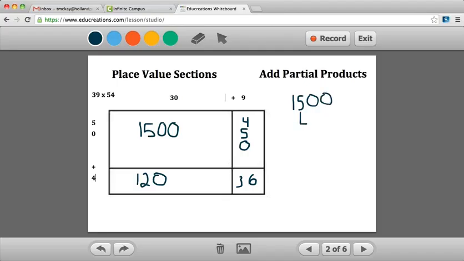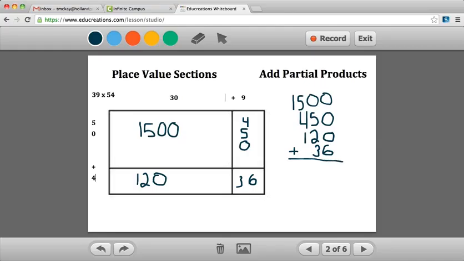450. And the important thing is you want to make sure that you line up the place values in the correct order with each other. Make sure all the 1s are lined up with the 1s, the 10s are with the 10s, okay? 120, and then our last partial product is 36. And then you'd go through and you would add these,